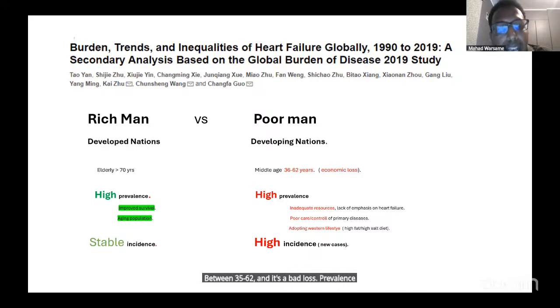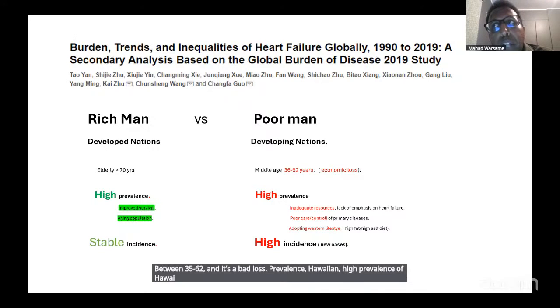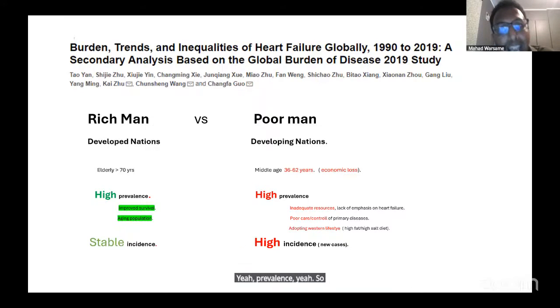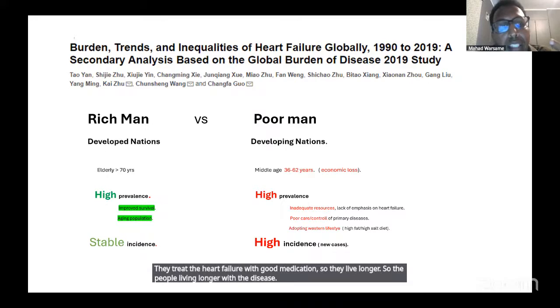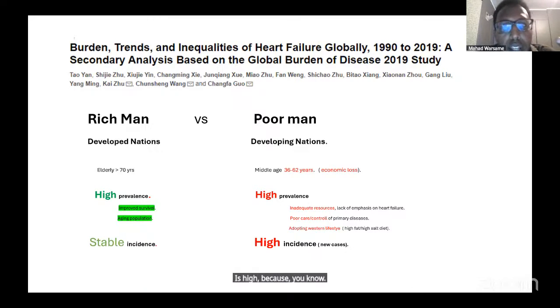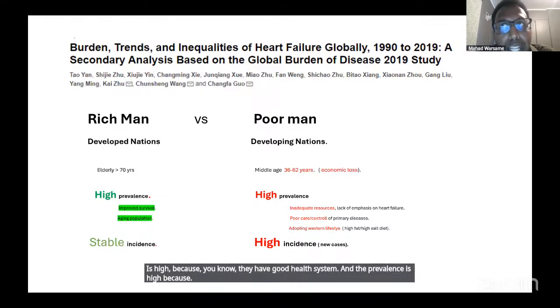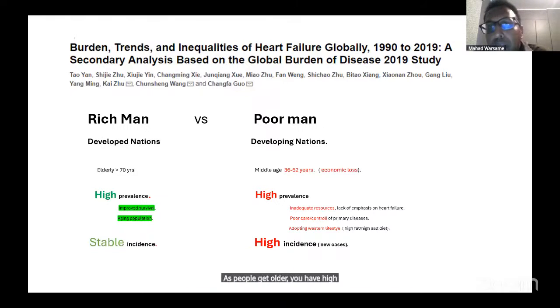Prevalence, the amount of people having the disease. There is high prevalence in the West. Why? Because they treat heart failure with good medication, so they live longer. The number of people living with the disease is high because they have a good health system, and also as people get older, you have higher risk of developing heart failure. It's because they're aging, not because of poor prevention. But in our countries,